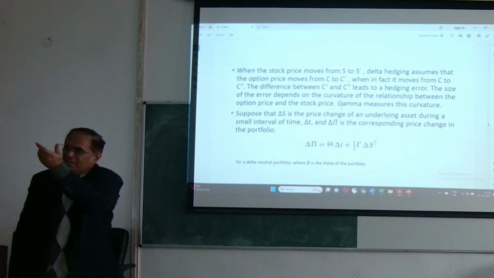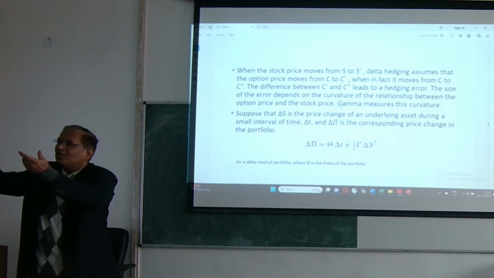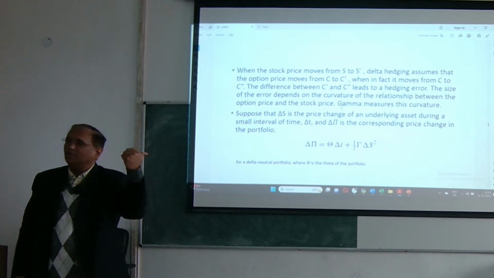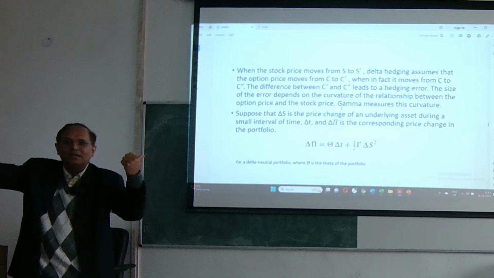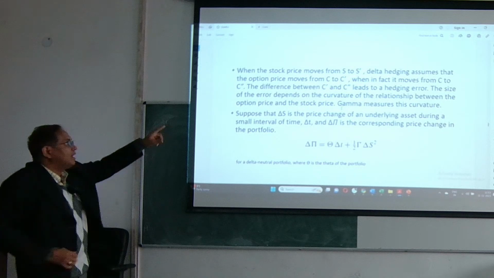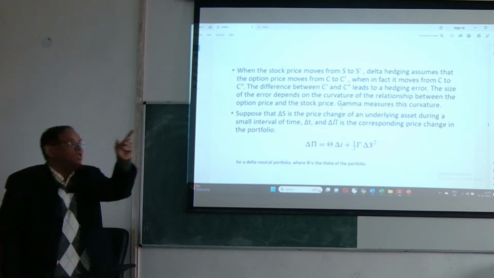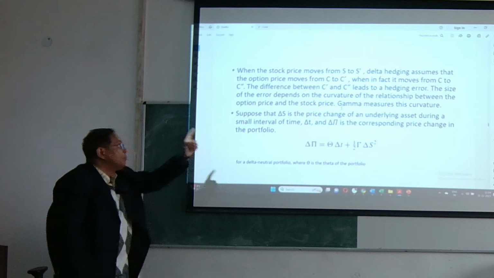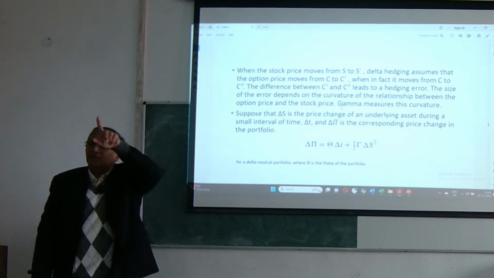तो ये जो डिफरेंस है सी डैश से सी डबल डैश, 169 से 175 का जो डिफरेंस हो रहा है 6 रुपीज़ का, दैट इज ड्यू टू गामा। यहीं पे गामा आपका काम कर रहा है। डेल्टा चेंज किया ना आपका, डेल्टा बदल रहा है, गामा क्या कह रहा है, डेल्टा को बदल रहा है, वो डेल्टा चेंज की बात कर रहा है। तो वही कह रहा है कि सी द लीड्स टू ए हेजिंग एरर। वो जो एरर है 6 रुपीज़ का हेजिंग एरर, द साइज ऑफ द एरर डिपेंड्स ऑन द कर्वेचर ऑफ द रिलेशनशिप बिटवीन द ऑप्शन प्राइस एंड द स्टॉक प्राइस। गामा मेजर्स दिस कर्वेचर, गामा उसको मेजर करता है।